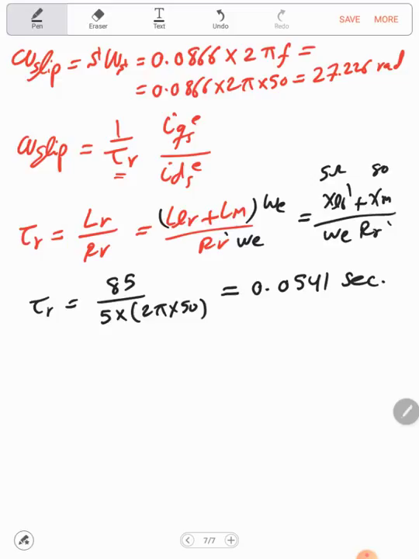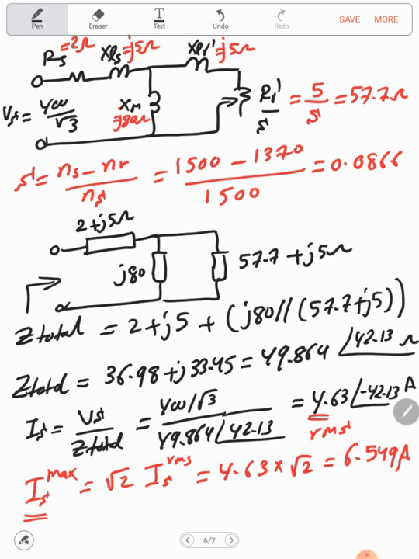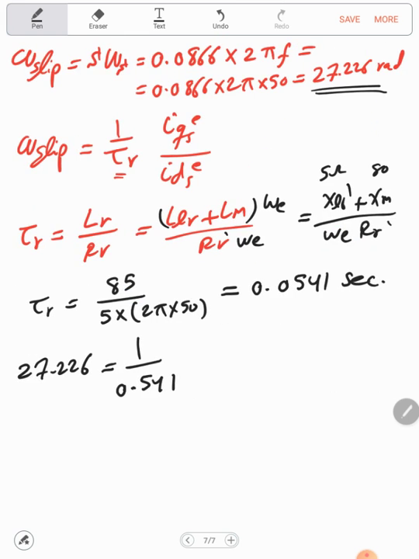So now also we can calculate omega slip, and this is the omega slip actually. So now we have 27.226 equal 1 over 0.0541. Now instead of the IQSE, I will use the IDSE. Now we have the square root of 2